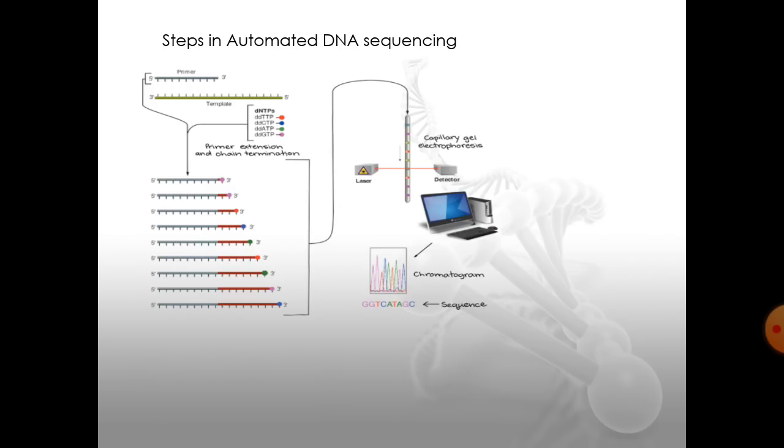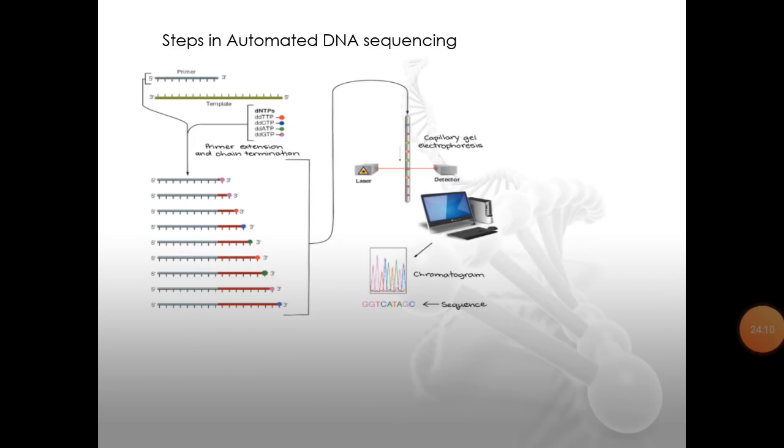Hence from the color of the dyes registered one after another on the detector, as the detector goes on detecting the color of the dyes, the sequence of the original piece of DNA gets built up one nucleotide at a time. So here the data recorded by the detector consists of a series of peaks in fluorescence intensity, which you can see in the chromatogram. The DNA sequence is then read from the peaks in the chromatogram.